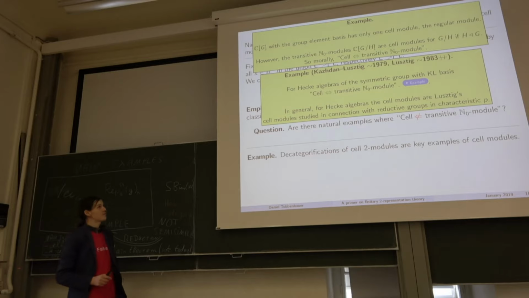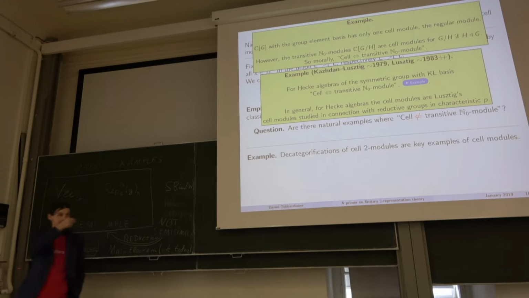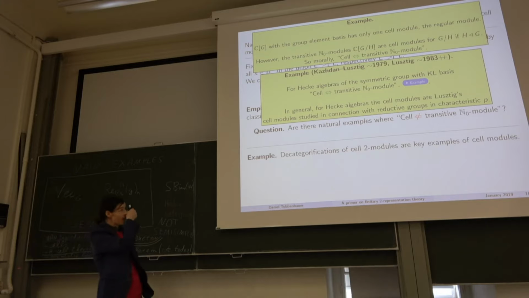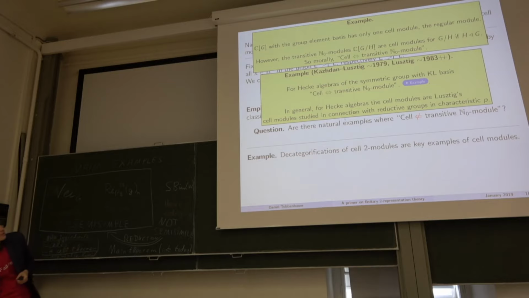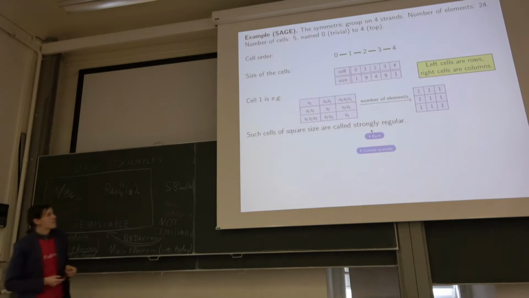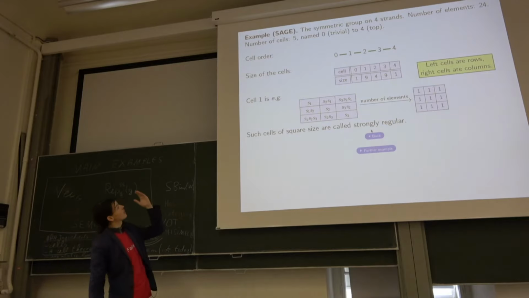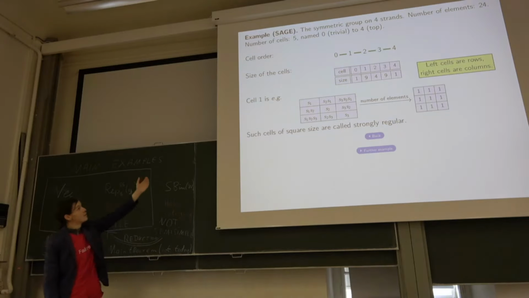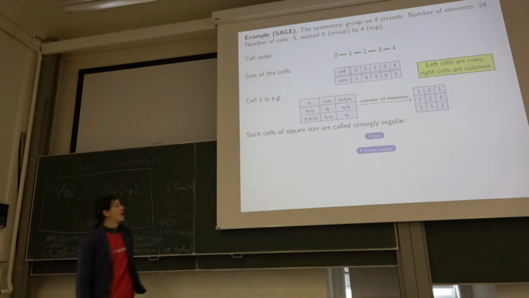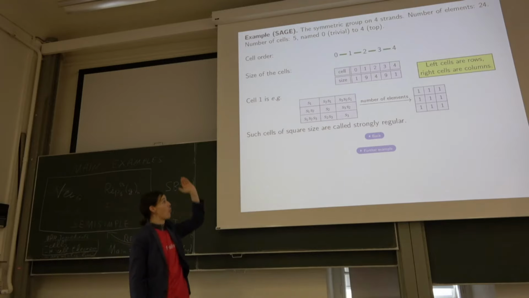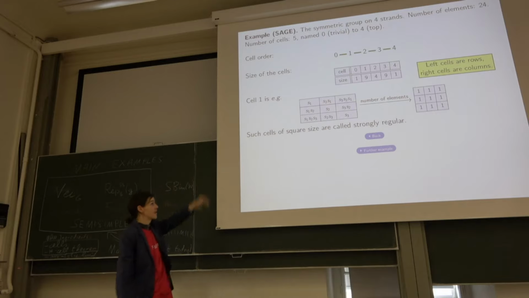For Hecke algebras of symmetric groups, the cell modules are the transitive modules, are the simple modules. And so those are really classical cell modules, if you know this language. Let me check. Yeah, I can click on the example if you want. So this is how it works. What I have done here is a computer calculation for the symmetric group. Which one is it? With 24 elements, so it's A4. And those are the cells. You have 5 of them. They are ordered from 0 to 4, very boringly in this case.